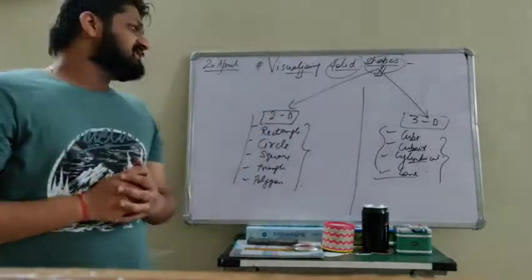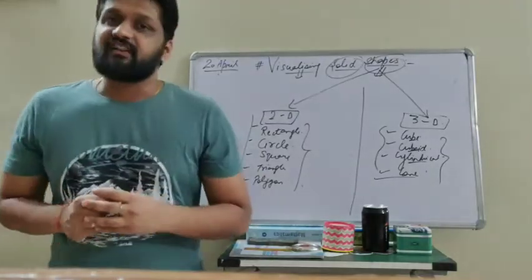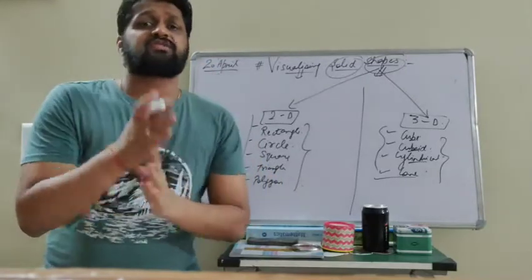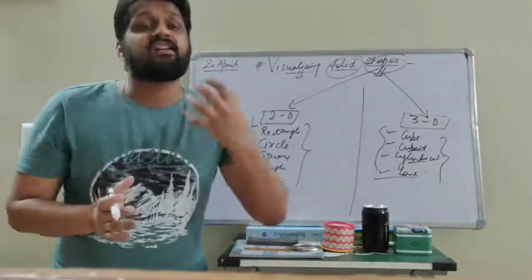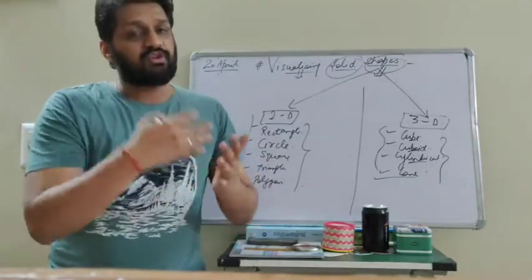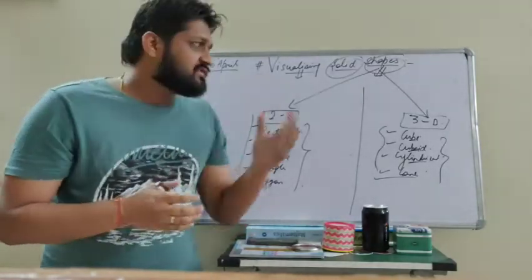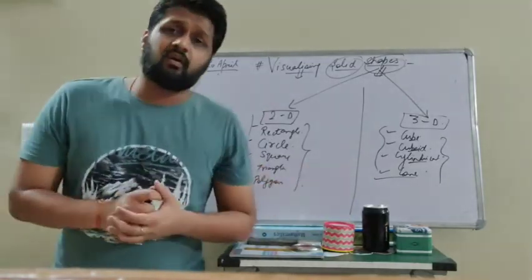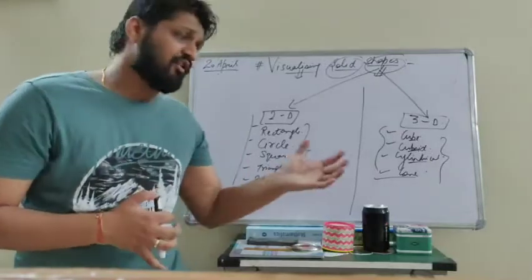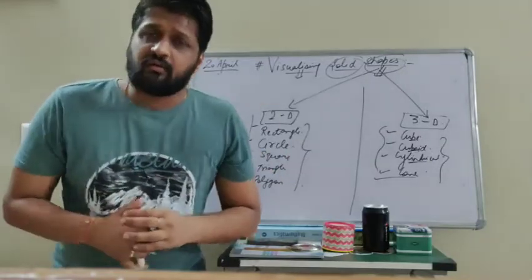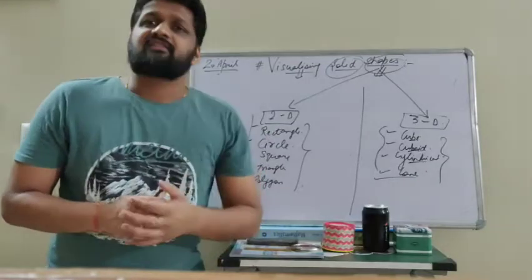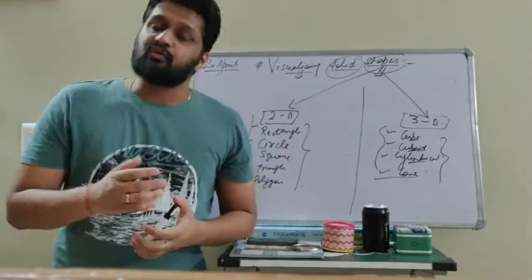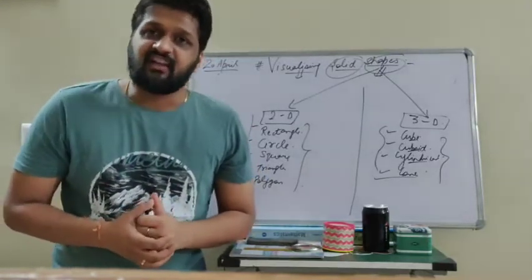So what we have discussed in this video is all about 2D figures and 3D figures, because the name of the chapter is how to visualize solid shapes. Before starting anything, we need to clear our concepts about the different shapes, 2D shapes and 3D shapes. In this video we have done the introduction, and you can now easily carry on with the first exercise, because we have already discussed the top view and the bottom view. So try the questions of the first exercise. We will discuss it later on, and in the coming video we will discuss more new concepts about this chapter, that is visualizing solid shapes.